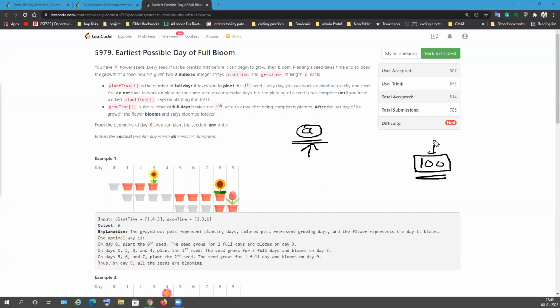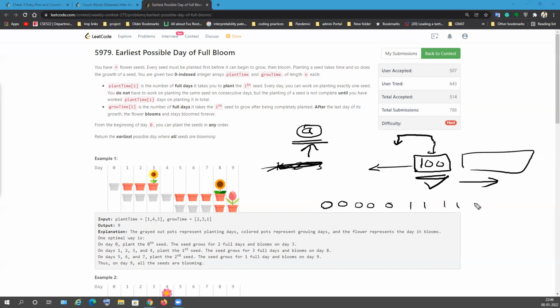If it is possible, then I will try to reduce, try to optimize it, meaning I will try to make it fewer days. If 100 is a possible answer, then everything to the right of 100 is also possible, but everything to the left of 100 is not possible. So it's something like 1 is not possible, 2 is not possible. This is not the right way. It's something like a problem where 0 0 0 0, then 1 1 1 1 1 1 1 is coming, and 1 represents it's possible, and 0 represents it's not possible, right? So this type of answer is there. Sorry for confusing here.